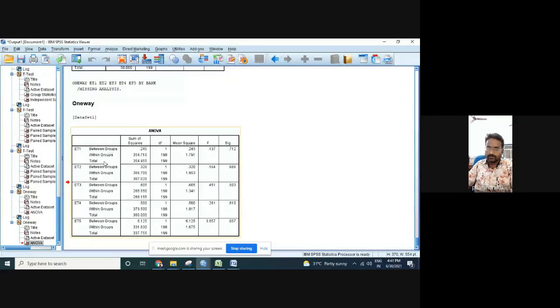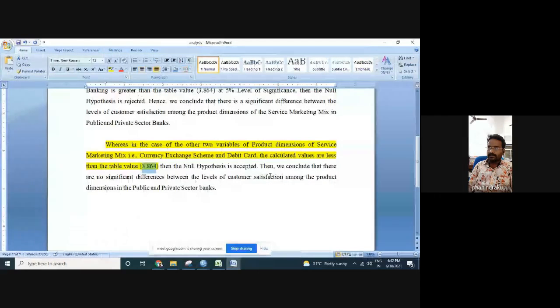Then for this, you can also make the ANOVA, and this ANOVA representation can be shared like this, and also the ANOVA analysis can be written like this. And we conclude that there are no such significant differences among the banks. Only in the case of two variables; for all the other variables, there are no such significant differences.